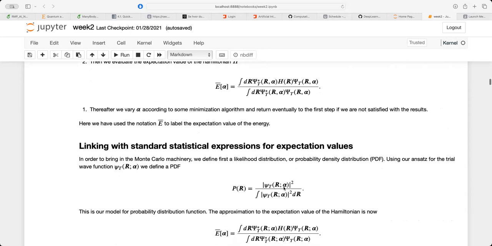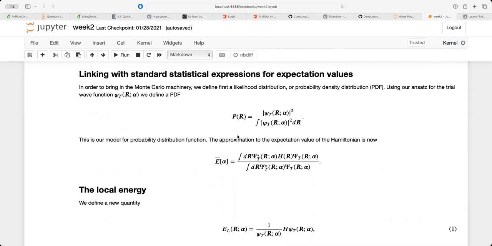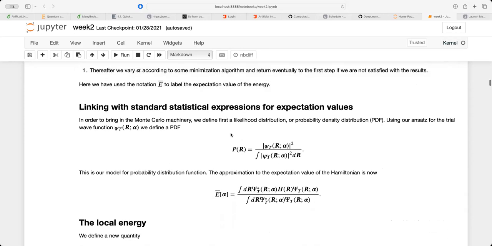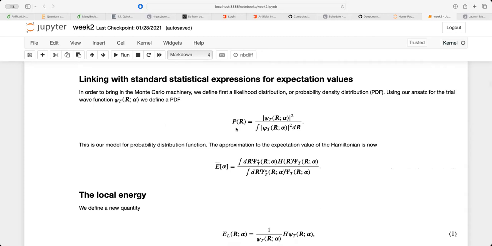And what we wanted to do in order to be able to do statistics, and we are coming back to this, is to rewrite the integral you see here as a statistical expectation value. And the trick is to redefine the integral in terms of, one, the probability distribution. So this is the quantum mechanical distribution. And one of the things you will see today when we discuss the Metropolis algorithm is that this quantity, which is given by the probability distribution,